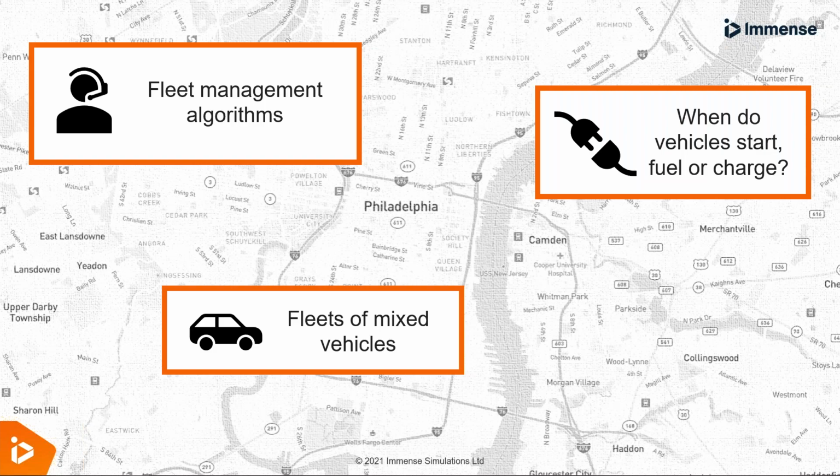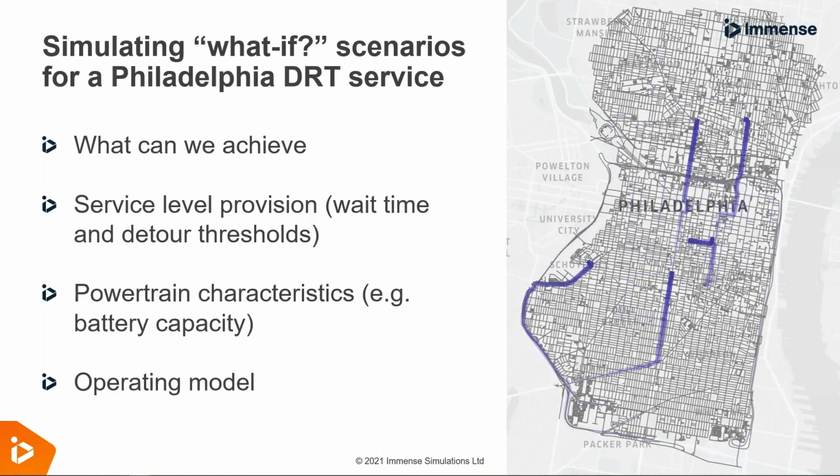And then finally, with the prevalence of new operating models in mobility, we can also look at different ways of managing the fleet. So for example, we can start considering whether we should be running rideshare microtransit services to supplement our fixed route services as well. When we put this all together, we get to simulate a really highly detailed, granular view of how transit systems might operate in different areas of a city.